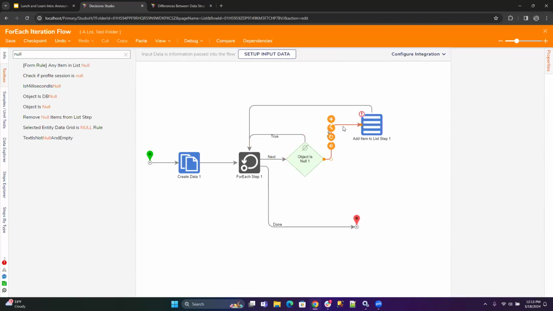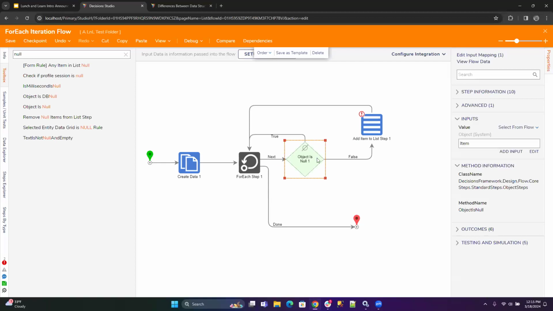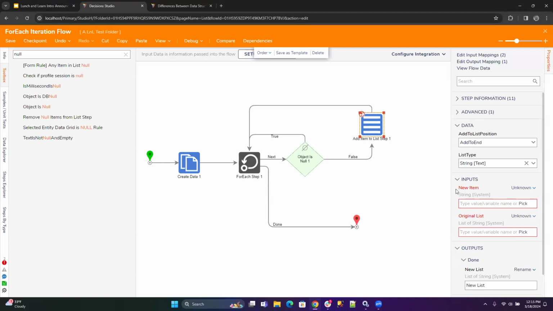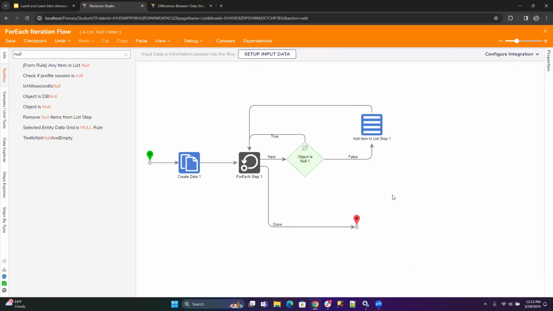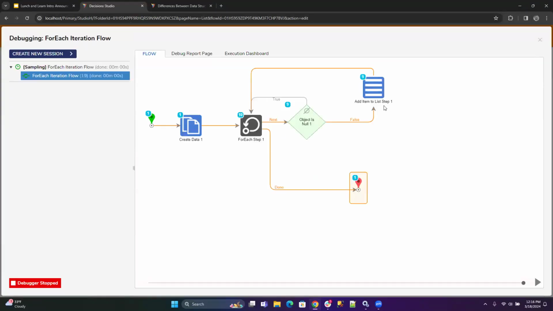That way, if we have some null data going through our list, it'll skip that and it won't do the rest of the logic to it. So if a user is expecting some data to be null in some case, then we can check that and say, oh, this data is null, let's skip that and just keep adding items. That way, the only items being added to this list are only items that are created, right? So if I were to run this through,